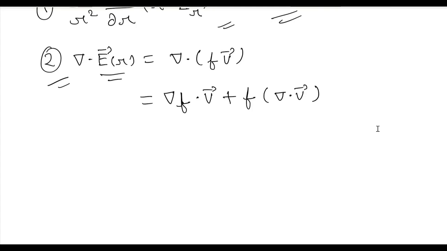This comes with practice, and someone who does a lot of practice will obviously go with the second method when they see questions where there is a 1 over r square dependence. I mean, a 1 over r dependence or whatever, where r is in the denominator, but it blows up. So you shouldn't be following the first method, and instead just go with the second method. And now moving on with the second method,